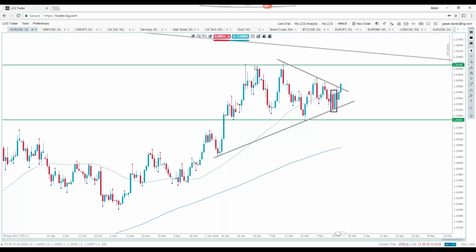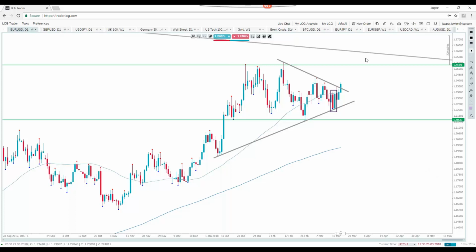Obviously, we've got that peak there, we've got that peak there, but something in this vicinity you'd imagine would be a bit of resistance to price should we get up there. But it looks like quite a good chance that we do at the moment. And obviously that is in keeping with the longer term trend that we have in place, which is with the 50 comfortably above the 200-day moving average.